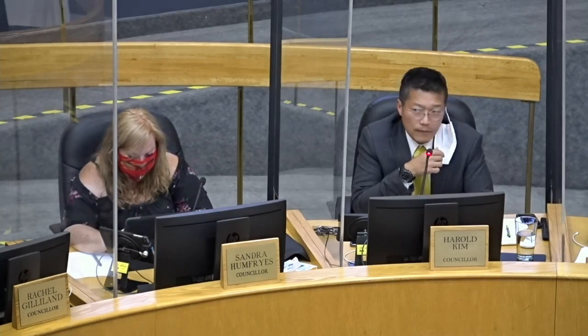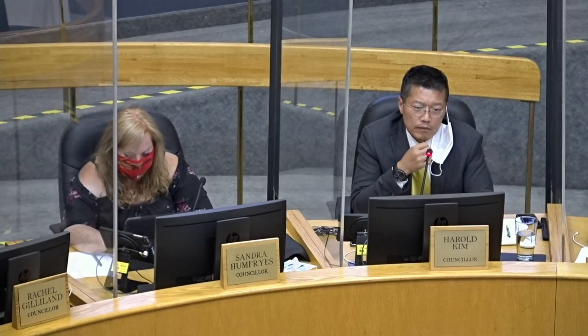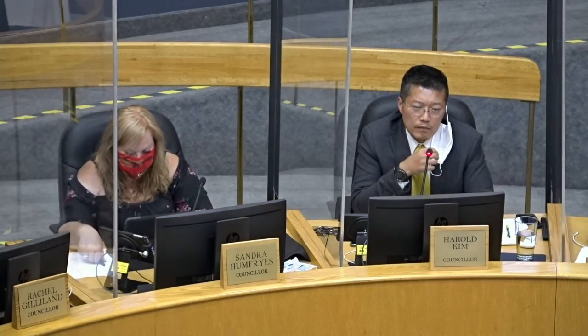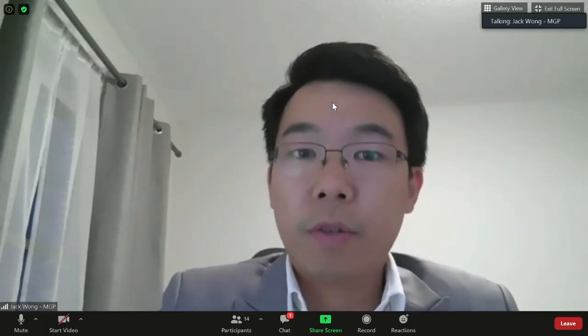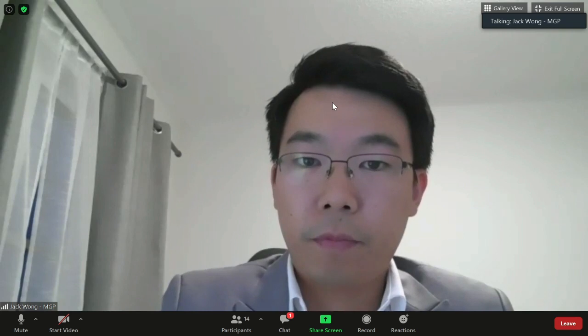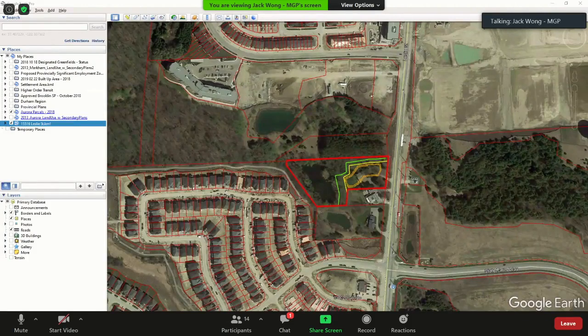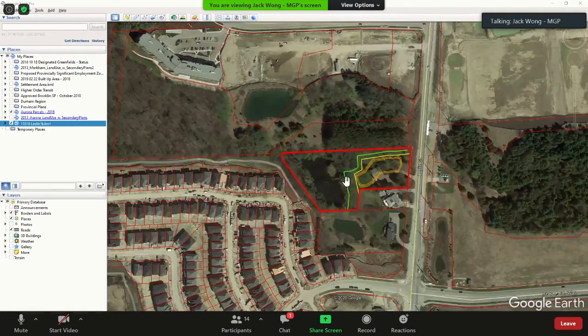Mr. Wong? Through you, Mr. Chair. To Councillor Kim, certainly, if I may share my screen. So what you're looking at here is a Google Earth image of the subject site to the residential subdivision to the west.